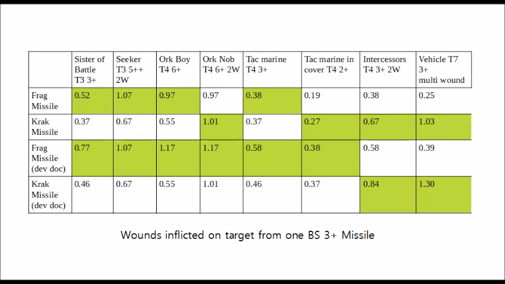First up we have a couple of toughness 3 targets. I did consider putting guardsmen on here as well, but obviously the Frag missile is significantly better. We have the Sisters of Battle, so toughness 3 with a 3-up save. In all scenarios the Frag missile handily outperforms the Krak missile here, that extra AP just not making enough of a difference when the Frag missile has so many more shots and